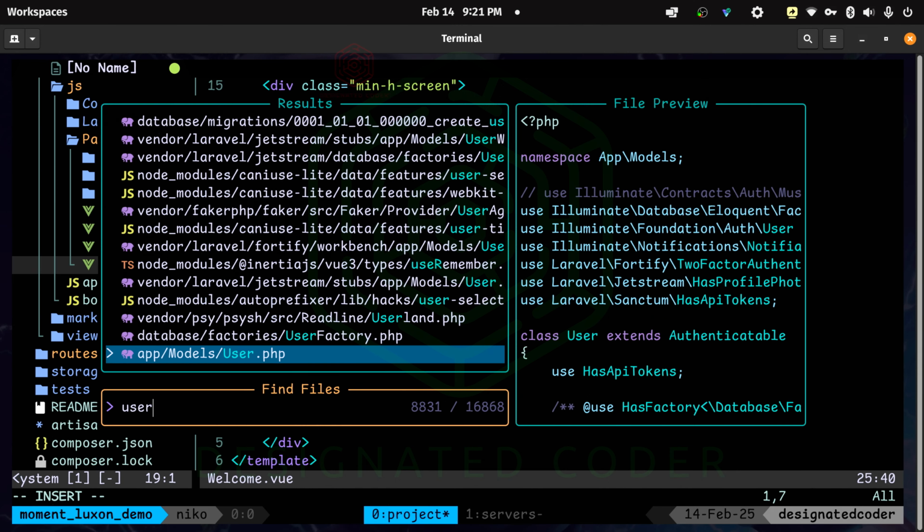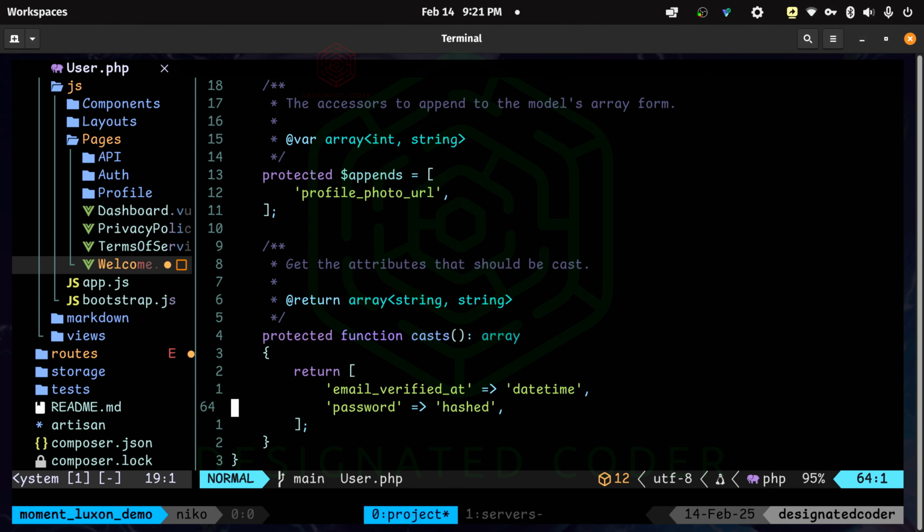So we can go back to that user model, and where we are casting our attributes, they are going to be cast alongside all of the other information from the user, where it has changed the time to datetime, and the password has been hashed so that it's not seen on the front end.